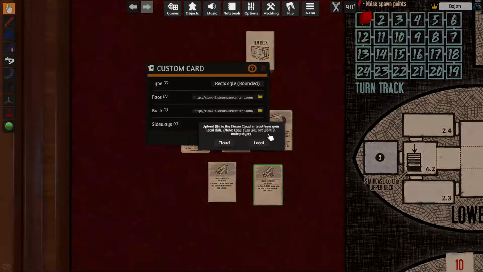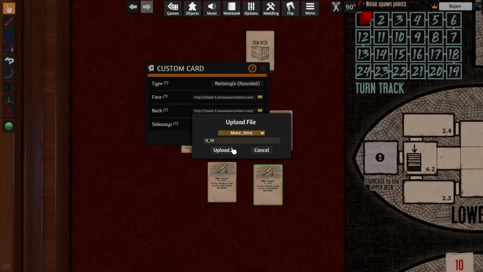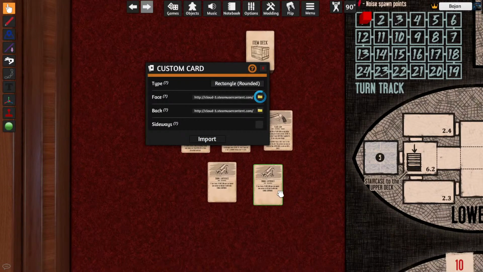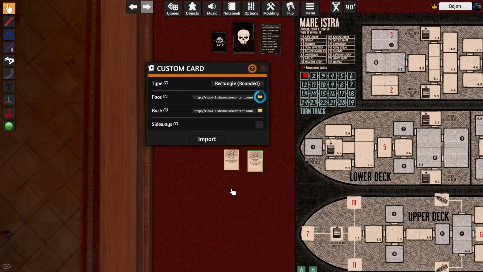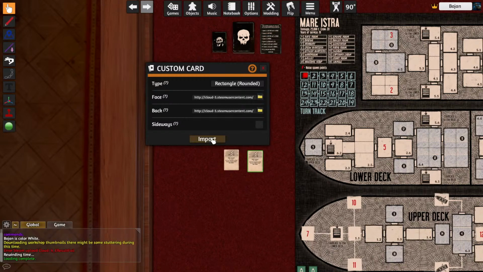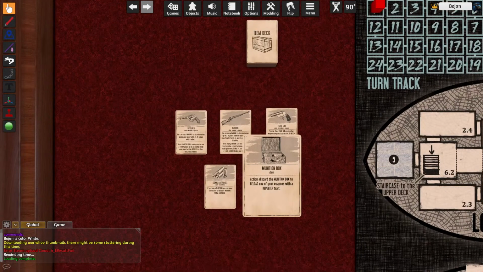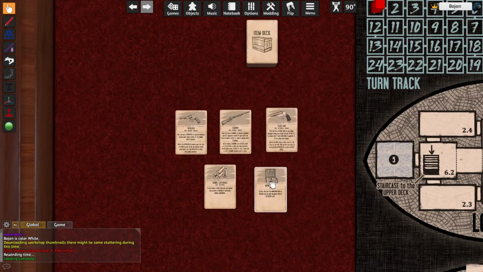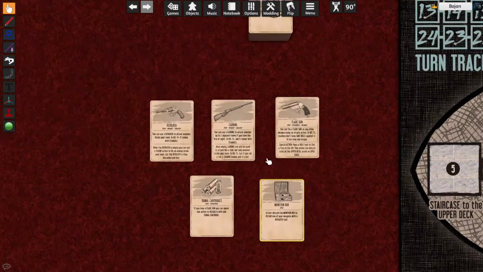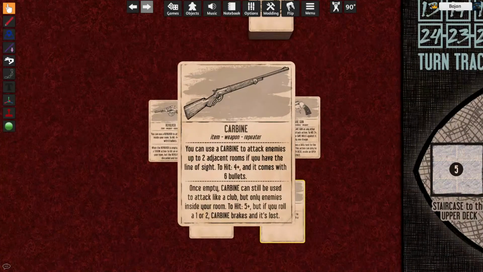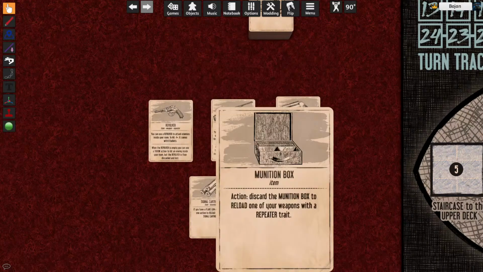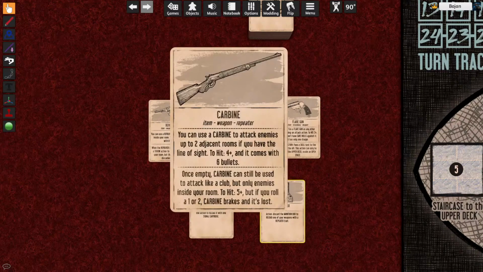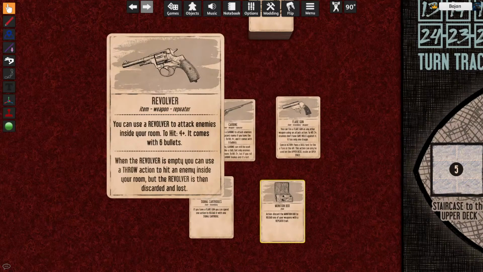Here it is. So if you check the carbine, it is an item, weapon, repeater, and if you check the munition box, it says action, discard the munition box to reload one of your weapons with a repeater trait. So this will fill up your carbine and your revolver, they have a repeater trait,